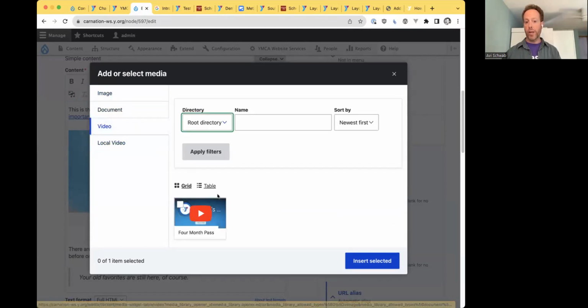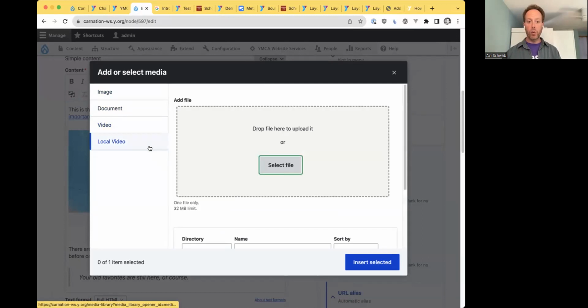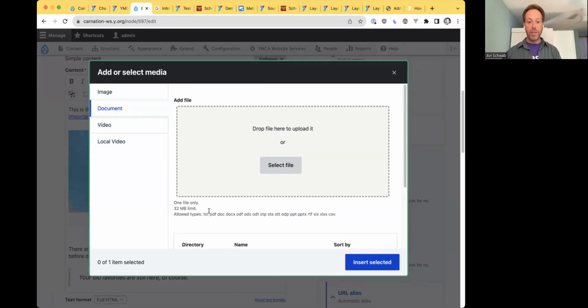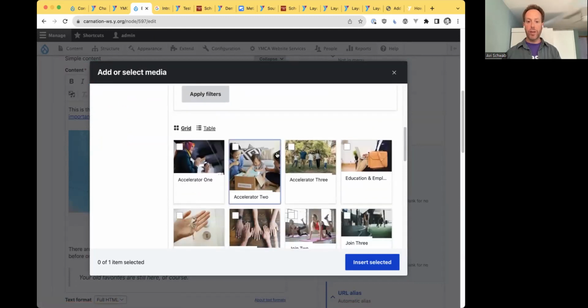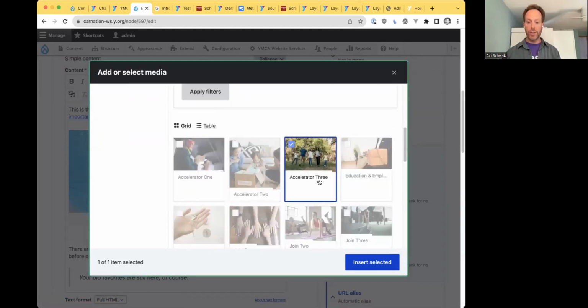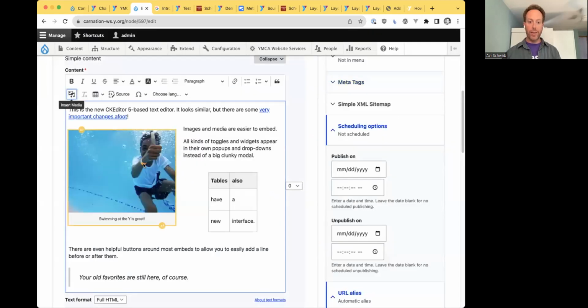So video is for something from YouTube. Local video is a video that you upload directly to the site. Document could be a PDF or some other presentation that you want to upload, and images are there. So as you see, you can drag files there to upload them, or you can select from the existing images. You can hit insert, and that will add the image in